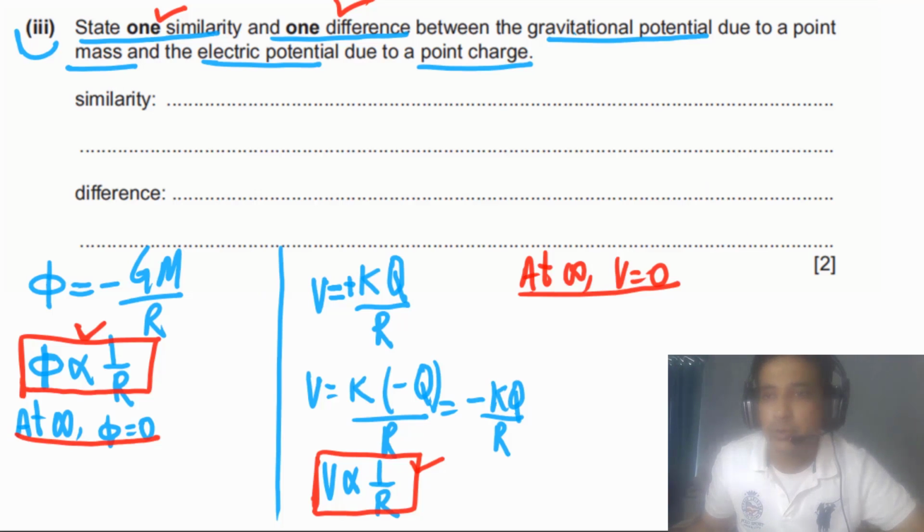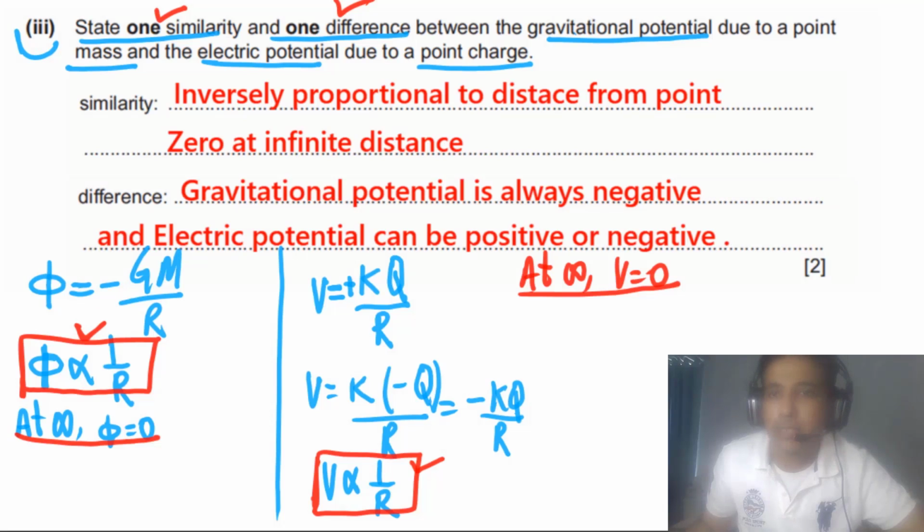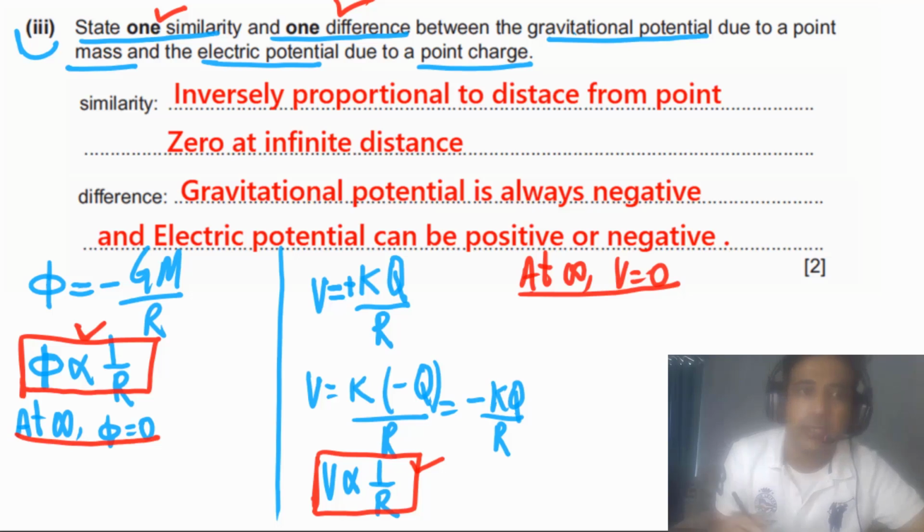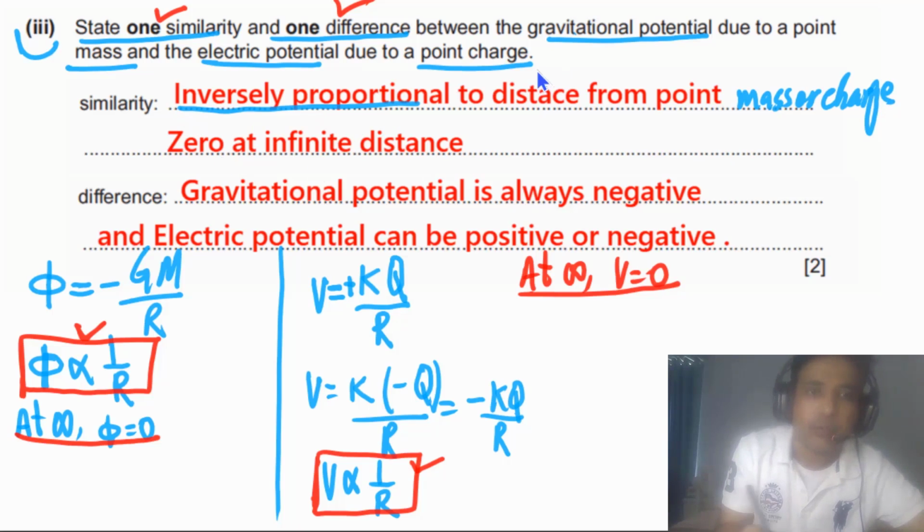Now let me show you the answer, how you can write down your answer. In your answer you have to mention these points. The first point: if you write down inversely proportional to distance from the point mass, or it can be the distance from the point charge if you are talking about electrical potential, you will get 1 B mark. You can write this point, or you can write down this one, 0 at infinite distance, you will get